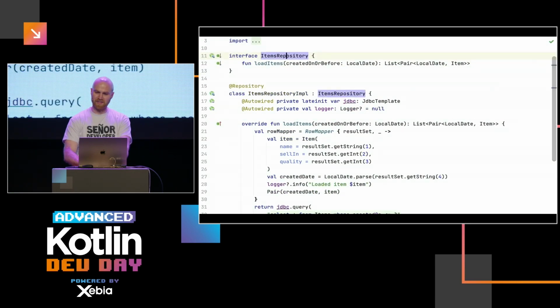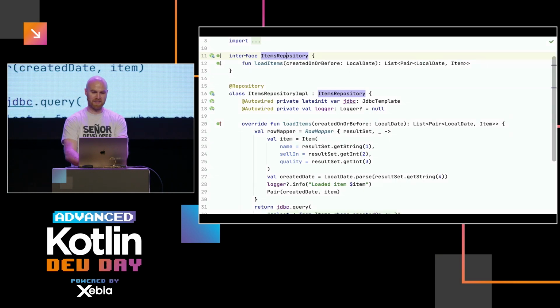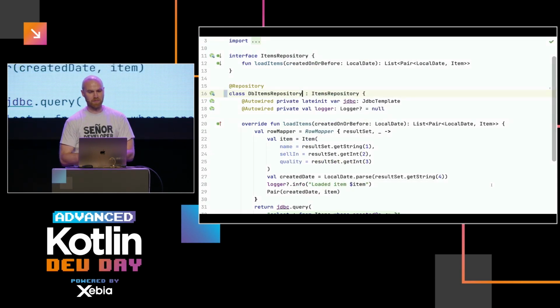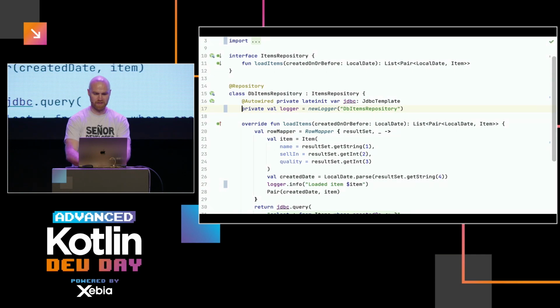Once again, there is an interface with a single implementation. Again, it's called Impl, and I think Impl is definitely a smell, like I could name it better. In this case, though, I can come up with something: maybe there could be another implementation later in testing when we have an in-memory items repository, for example. So maybe this could be renamed to DB. So I'll save it like this. So I'll rename this class in the test. And again, we could just new the logger while we're here. And then do this and remove autowired. This looks like a good commit to me.